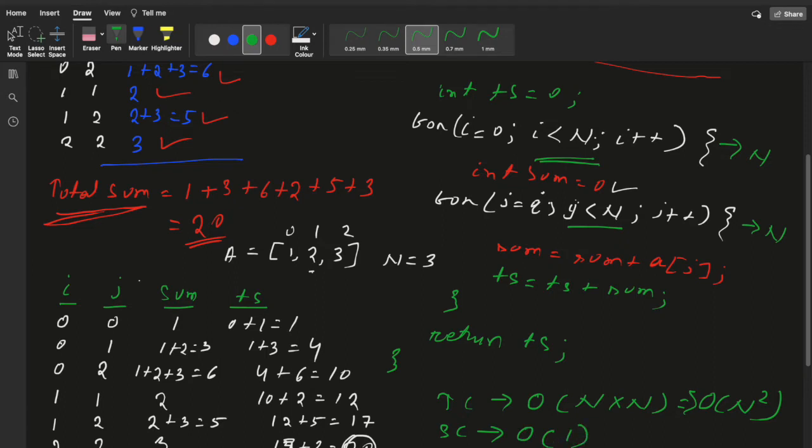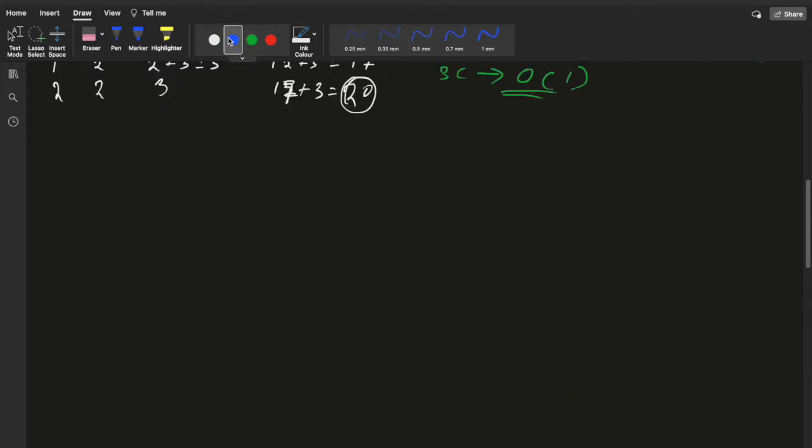Okay, so this is one basic approach, the brute force approach. So we are solving it with big O of n square time. Can we solve it with optimal time? Okay, let's understand approach number two, the second approach. Before going to the second approach, we need to understand something: